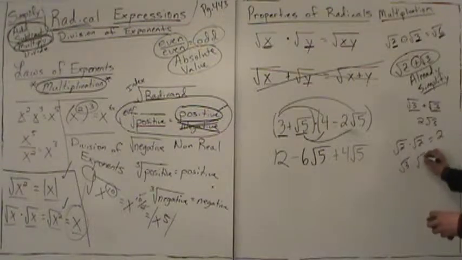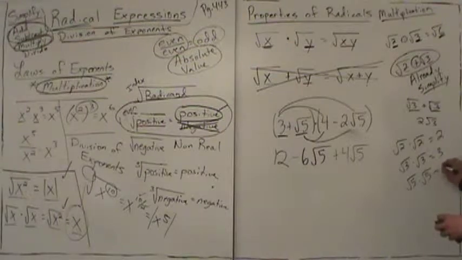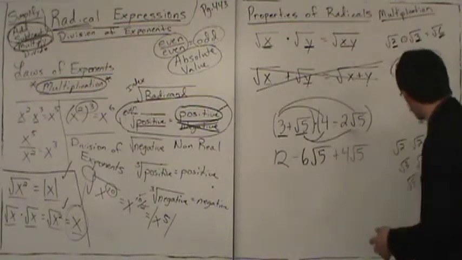Root 3 times root 3 is what? 3. Root 5 times root 5 is what? 5. Why? Because the root of 5 times the root of 5 is the root of 5 squared. We take a pair of 5s out, we just get what? 5. So what is this? We're looking at,